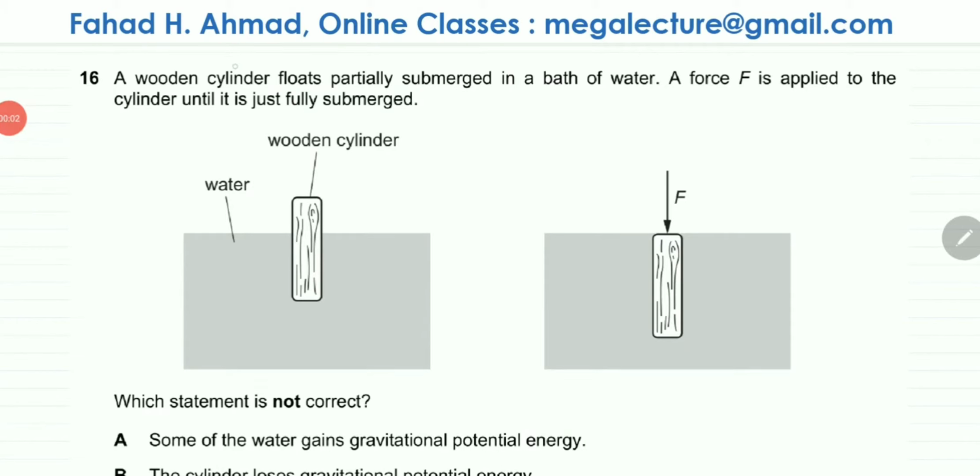The following question reads that a wooden cylinder floats partially submerged in a bath of water. A force F is applied to the cylinder until it is fully submerged. So this is the wooden